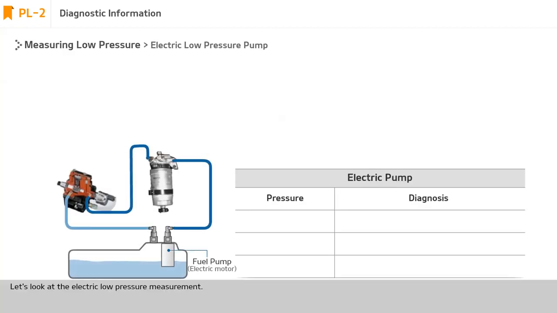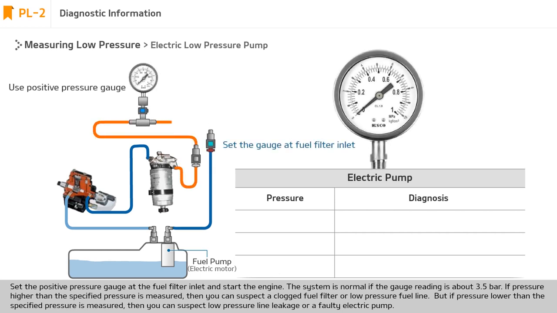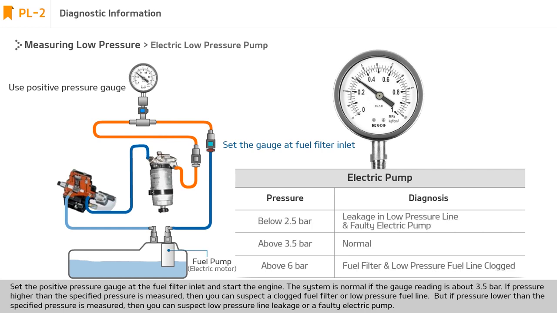Let's look at the electric low pressure measurement. Set the positive pressure gauge at the fuel filter inlet and start the engine. The system is normal if the gauge reading is about 3.5 bar. If pressure higher than the specified pressure is measured, then you can suspect a clogged fuel filter or low-pressure fuel line. But if pressure lower than the specified pressure is measured, then you can suspect low-pressure line leakage or a